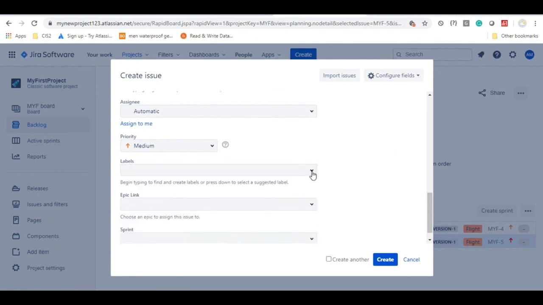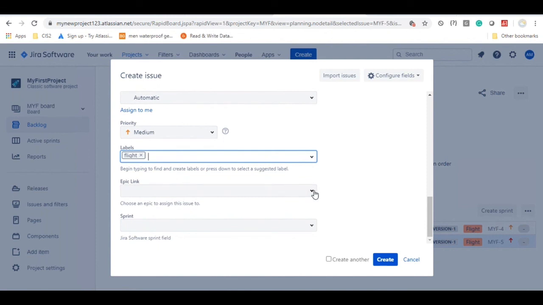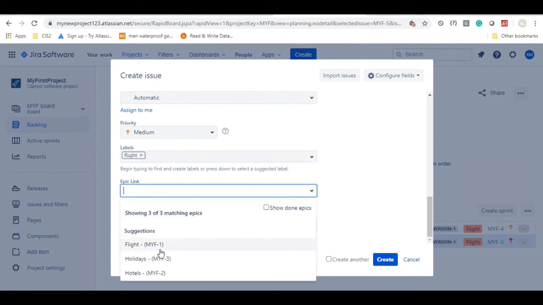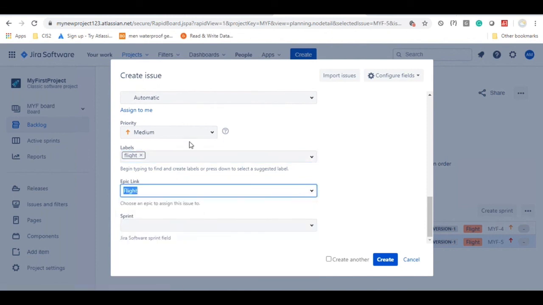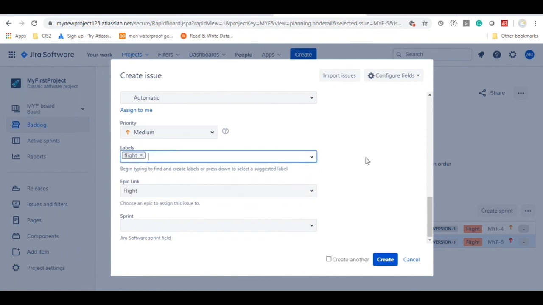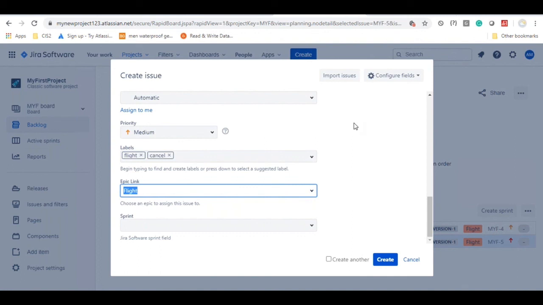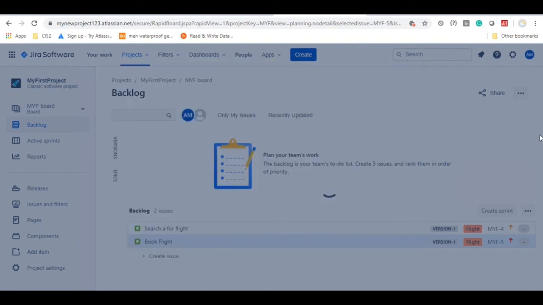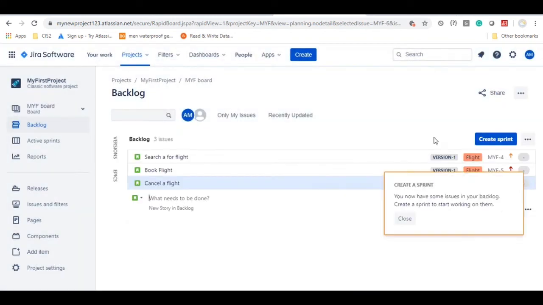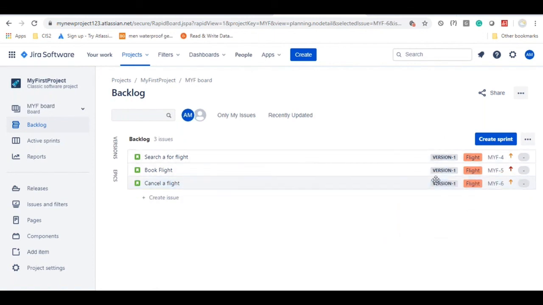Labels, yes, I will select the label as flight. Epic link, flight again. So this is the cancellation functionality. So I will also give one more label called cancel, and currently it is not added to any sprint. So create. So whatever the user stories I have created till now, all these user stories belong to version 1